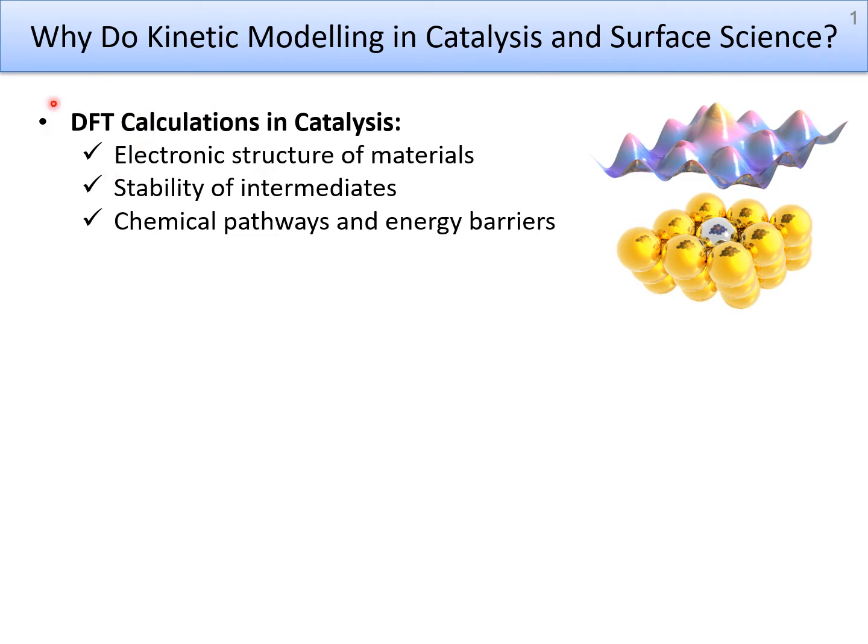So in the course we have seen quite a lot about DFT calculations, and in the context of catalysis we use density functional theory to investigate the electronic structure of the material, namely our catalyst, also investigate the stability of intermediates, so adsorbates that bind to the catalytic sites, and also intermediates, namely species that may be produced by elementary reactions between these adsorbates. So we can use DFT to find the adsorption energies or the formation energies of these